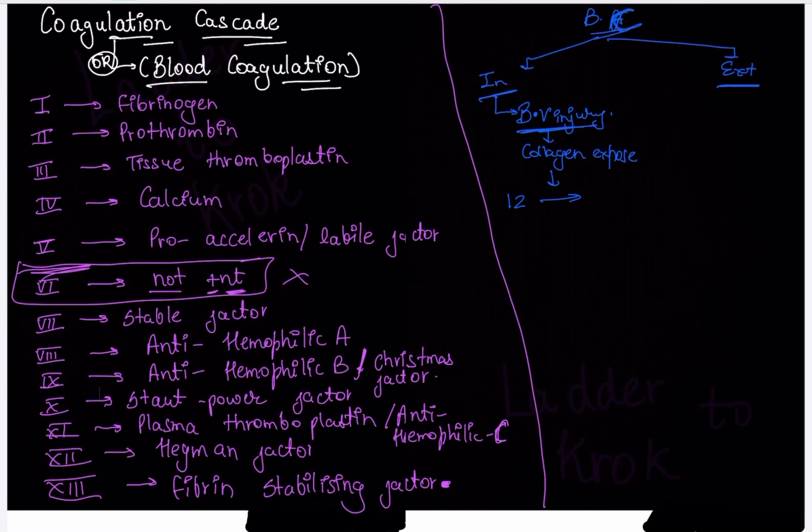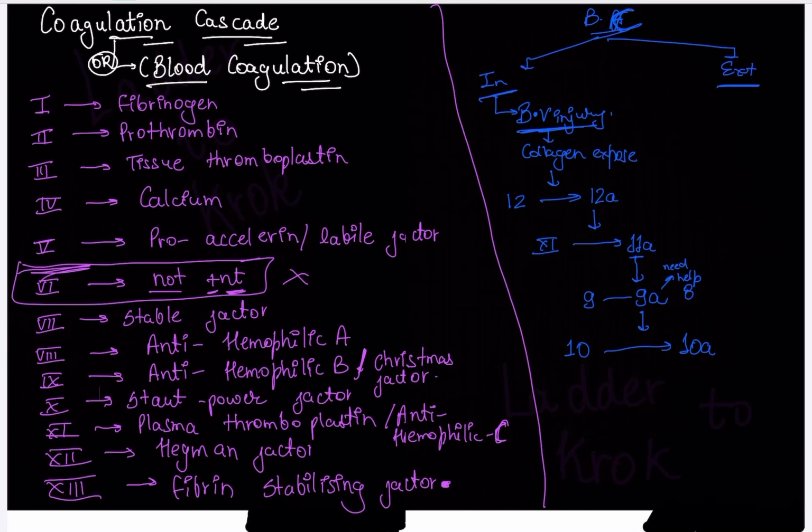These factors are usually formed by your liver. So what will happen, 12 will convert into 12A, this is the active form, and 12A will convert 11 into 11A. I will write just like this, easy for you. Then what does this 11A do? It will convert 9 to 9A, and this 9A needs help from the 8 factor. Need help from which factor? 8 factor. Okay, and then this 9A will go and help to activate 10 to 10A.